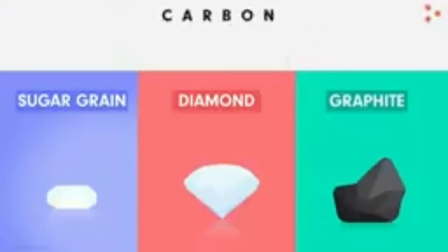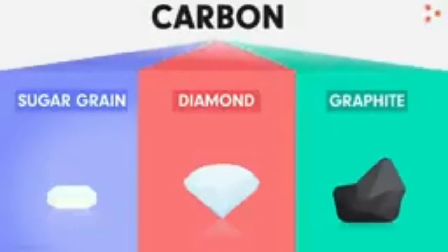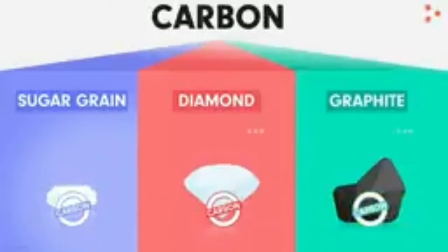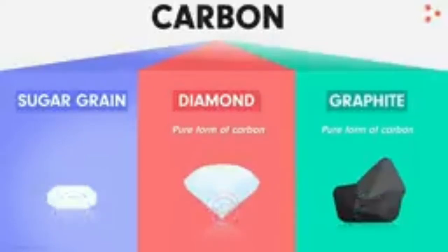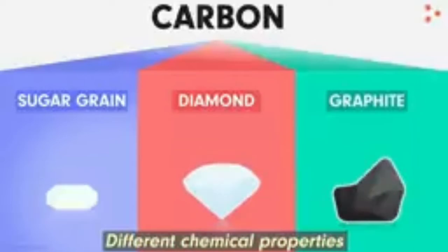I'm referring to carbon. Wait a second. Are we saying that the sugar, the radiant diamond and graphite are all made up of carbon? Absolutely. In fact, diamond and graphite are almost pure forms of carbon. They are majorly made up of carbon with a few minuscule elements that come as impurities. But how can there be so much difference in the looks of different materials made up of the same element? How can it be possible that the substances made up of the same element, carbon, appear totally different? And wait, they also have different chemical properties. The looks are different, the chemical properties are different, but they're made up of the same element, carbon.